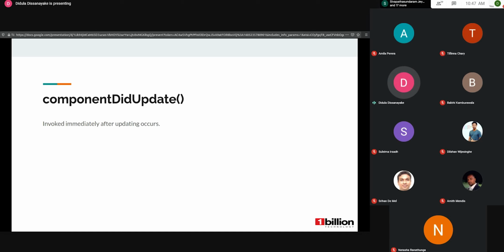But by default, shouldComponentUpdate returns true, so it means the rendering should happen. When each render happens, componentDidUpdate will be executed if the updated props are available. And so I said infinite execution will happen.